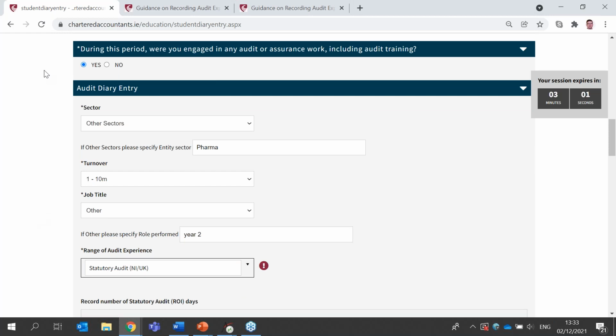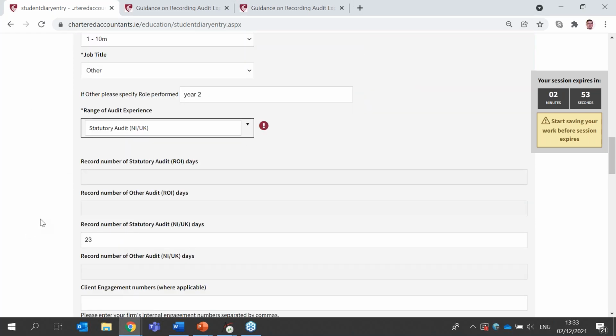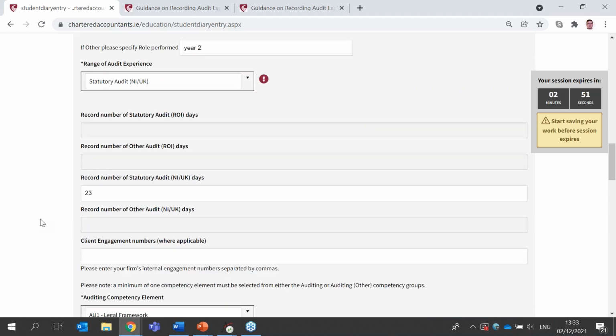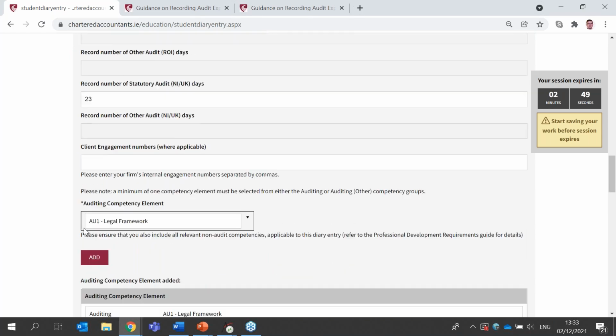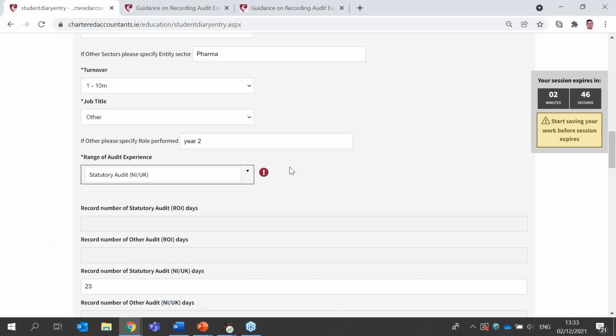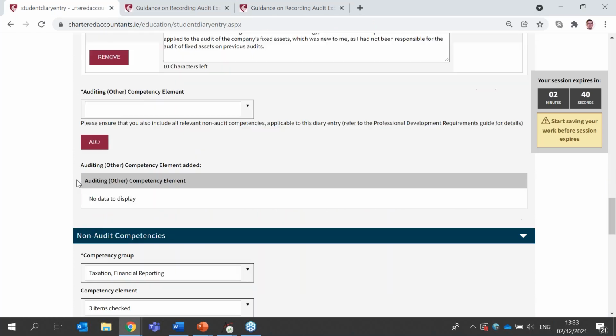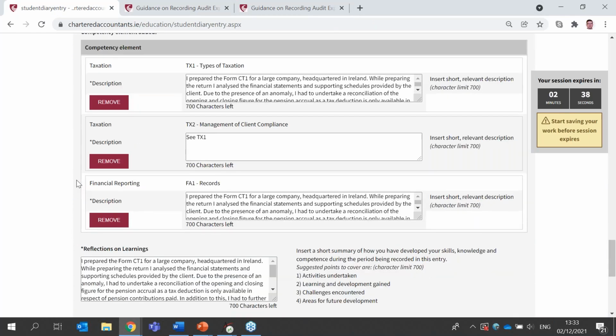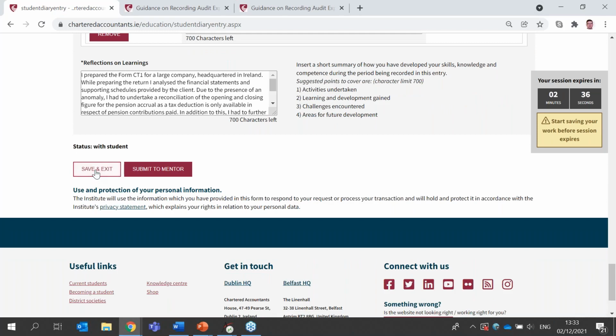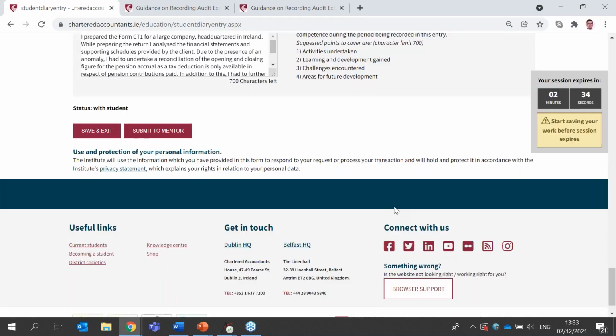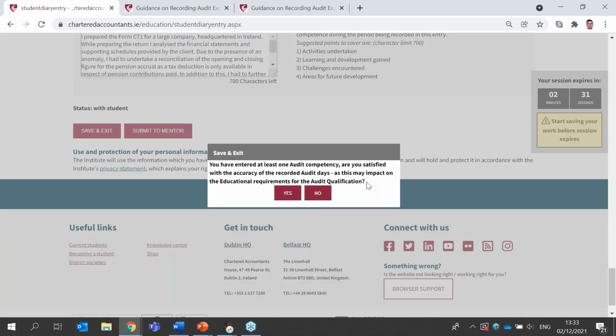Then we have a choice that you need to make, and if you're in an audit training, yes, you'll be selecting yes. But put in all the relevant fields specific to the engagement that you're recording, and then any as appropriate, but do not forget to review the relevant guidance as we've seen here. For this one, just say that I am going to save it for further work, and a message comes